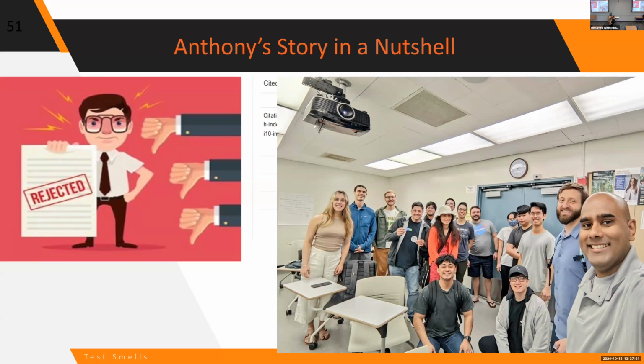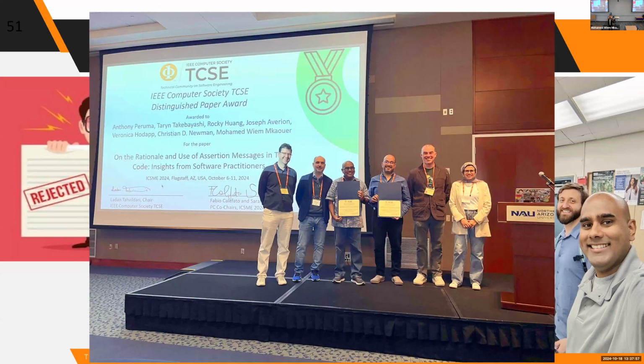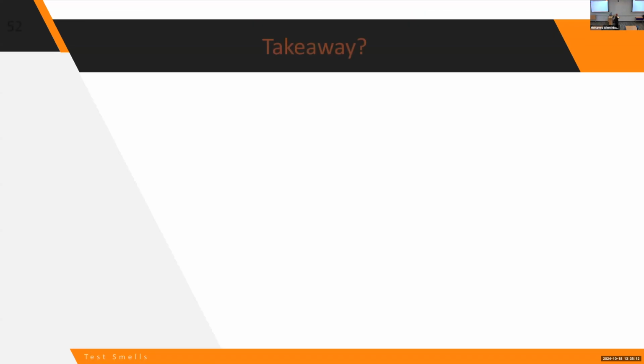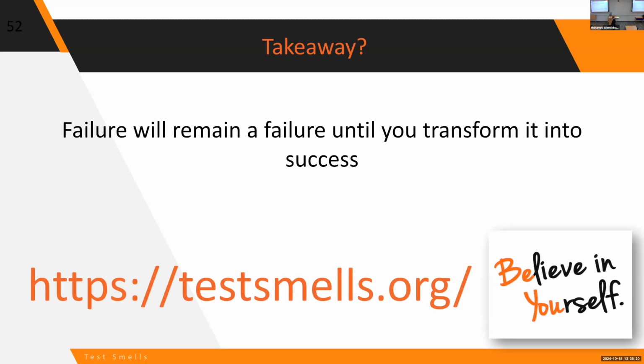Last week, as I'm standing in front of you right now, I was standing in front of the community who rejected us before, and we got the best paper award for that work. Okay, so a work that has been rejected 7 years ago, after all this time, not only is accepted, but also it was awarded. So it's your decision to take this failure at the beginning, right? Whatever work you do, it might fail so many times and will keep failing until you make it a success. Okay. The story of Anthony is in this length.